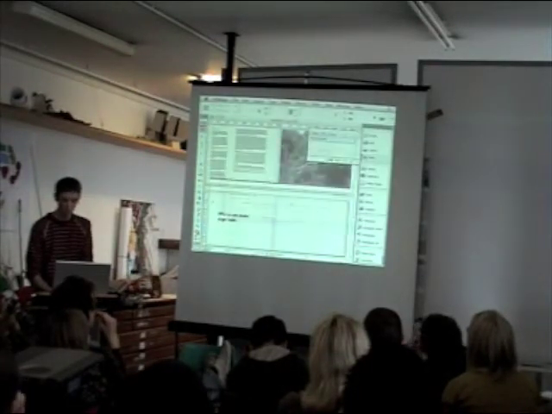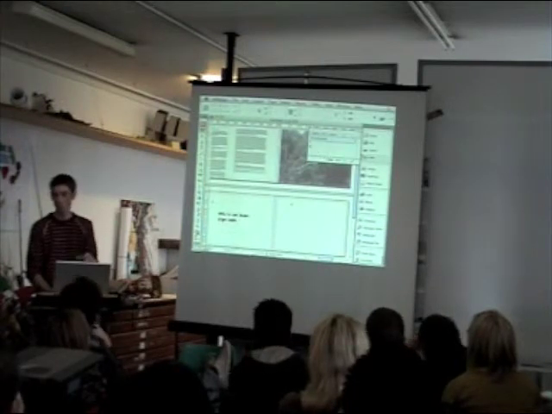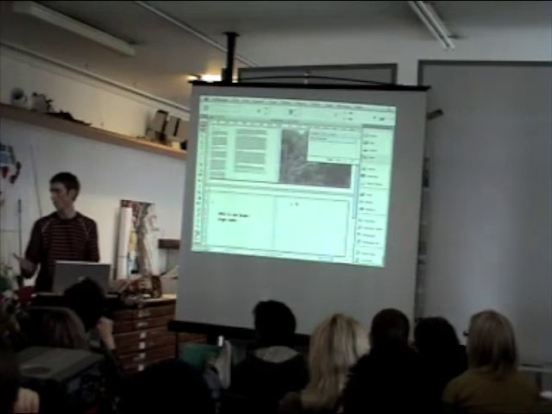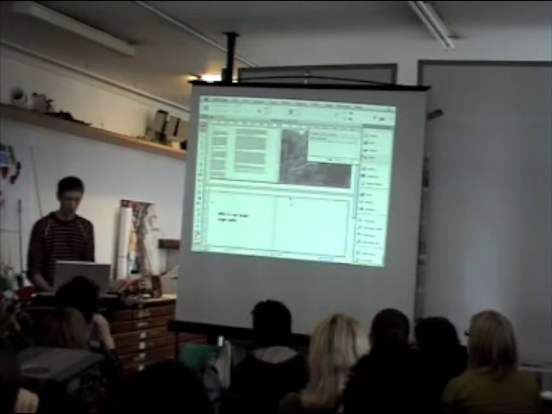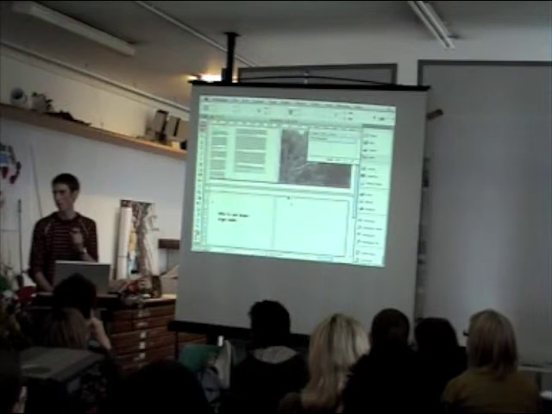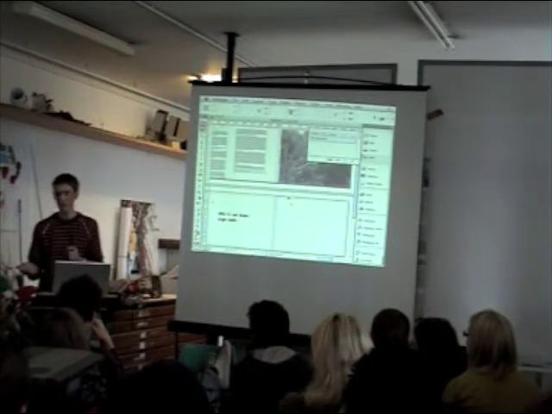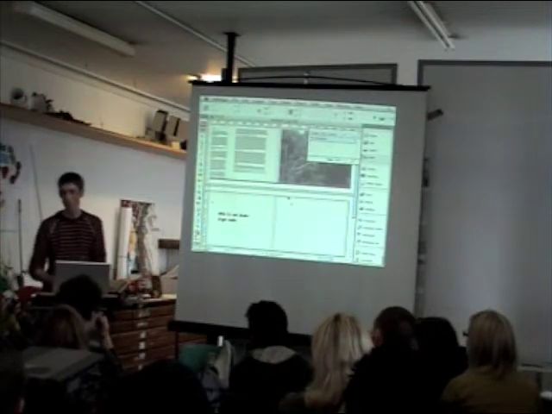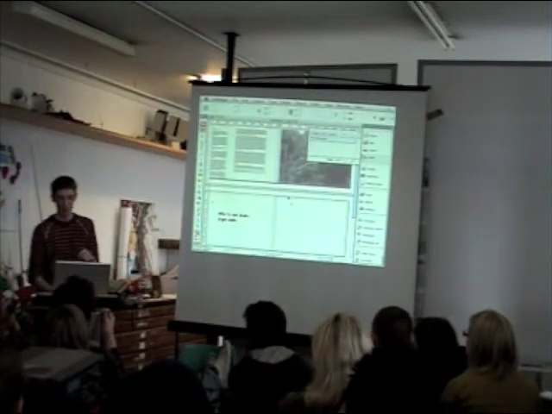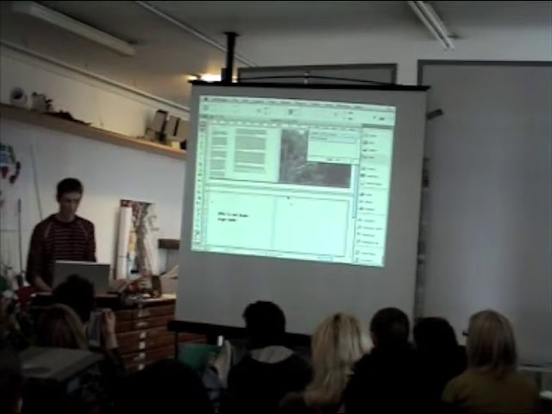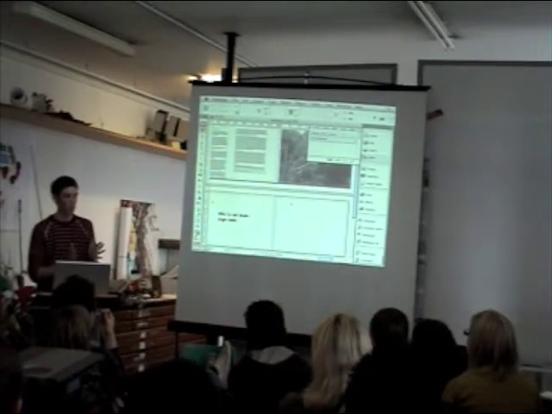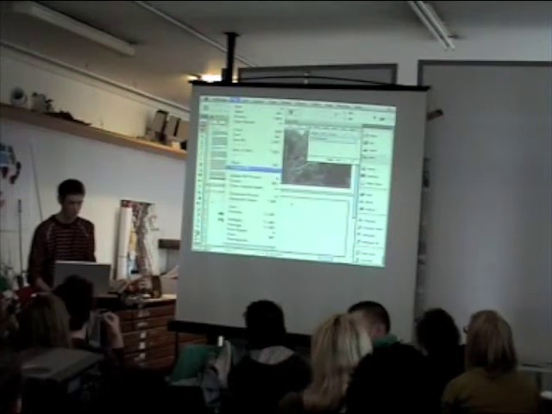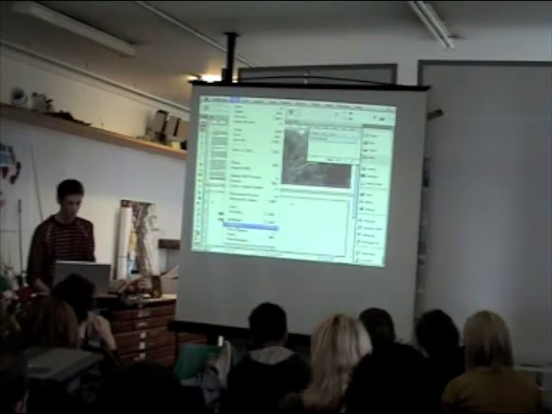Now, when you have a file with lots and lots of images that have all been linked, say I do it on my computer, I want to give it to Jay. If I just copy the InDesign file itself and give that to Jay on a memory stick, and he opens it, it'll have lost all the links because they're still on my computer. So he'll only get the previews and he won't be able to print it. So to give someone the whole file with all the links, use a thing called Package. So if you go to File, Package down here,